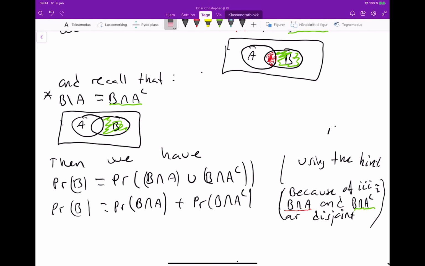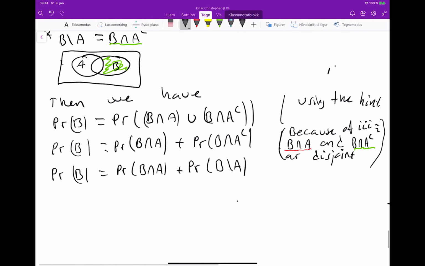And then we're using the star, which means that we can rewrite this last one as B minus A. So this is just using the star,